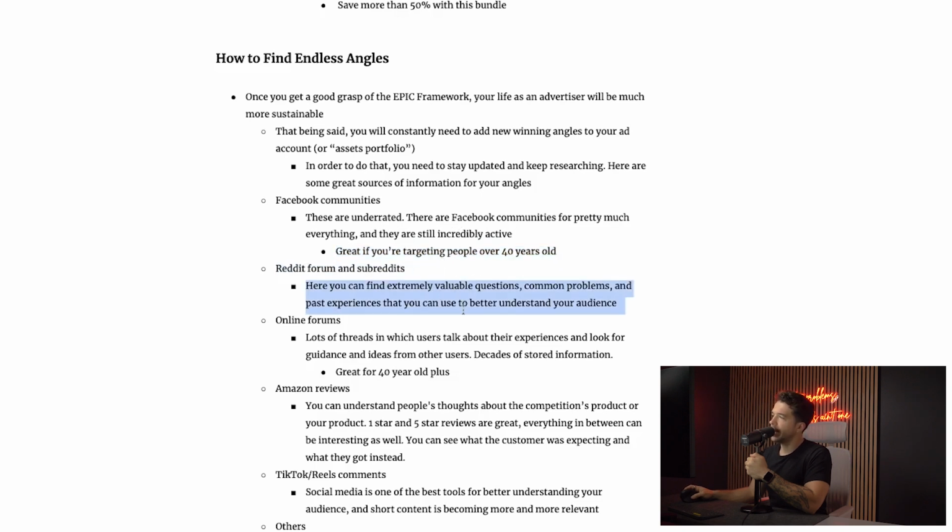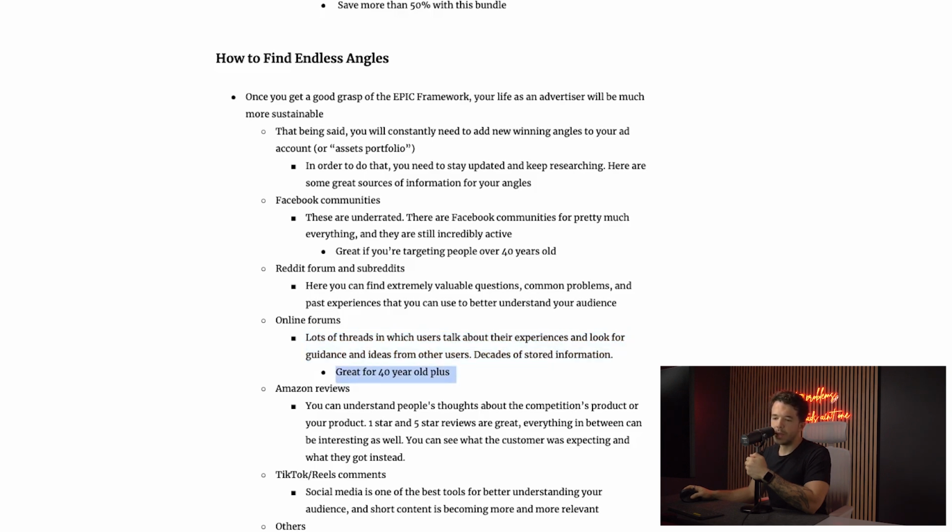Here you can find extremely valuable questions, common problems, and past experiences that you can use to better understand your audience. You also have online forums, which I'm kind of a fan of, and I think I grew up with online forums. Lots of threads in which users talk about their experiences and look for guidance and ideas from other users. The interesting part here is that you have decades of stored information. These are great for